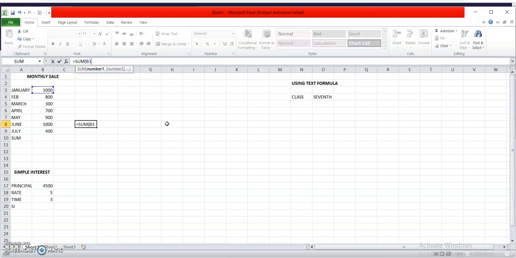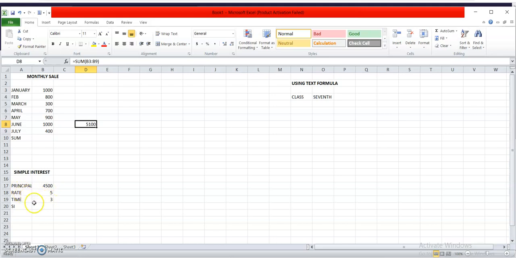I am specifying the range with a colon, then till what number I want to calculate. I want to sum up to B9. Closing the bracket, press enter, you will get the result. So in this way, you can get the result specifying the range, and also you can use the formula using commas.